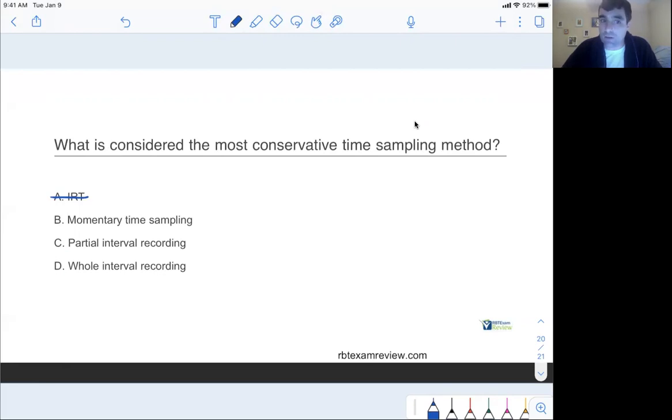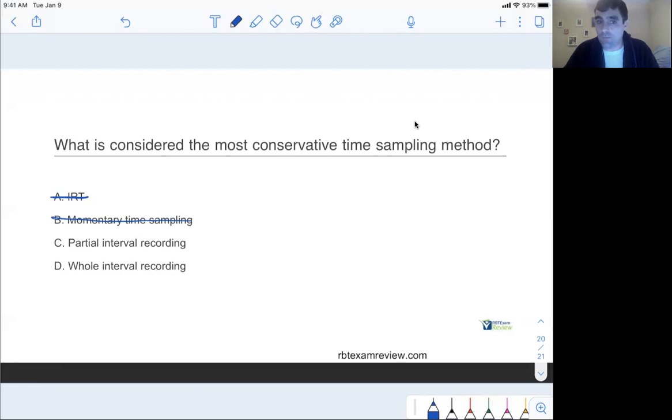Is it going to be momentary time sampling? Is it going to be partial or whole? Momentary, it's hard to say, right? Because we're going at the very end of the interval, and that behavior could happen a lot at the end, or it could happen very little. So you can't definitively say momentary time sampling is the most conservative, just like you can't definitively say momentary time sampling overestimates or underestimates. It's unclear. Momentary is out. What about partial interval? Is partial interval a conservative method, or does it